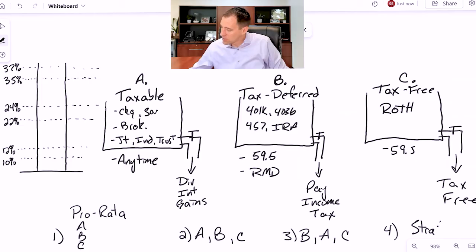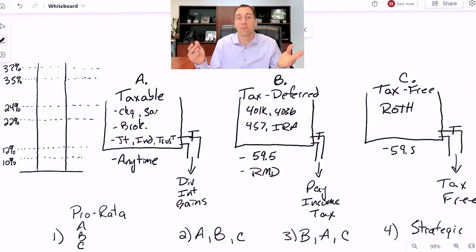Now, everybody's situation is different. You all have saved up different amounts into each of these different buckets. Maybe some have just saved in their 401k. Maybe some have taxable money, tax-deferred money, and tax-free money. And you have different amounts in each bucket. So everybody's situation is unique and different to them. There's no one answer in regards to how this should be done. But let me share with you some thoughts in regards to how to potentially do it